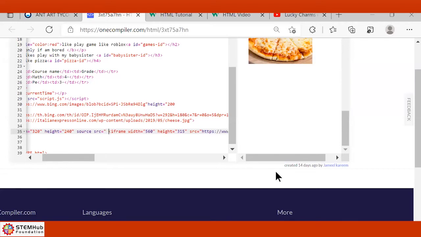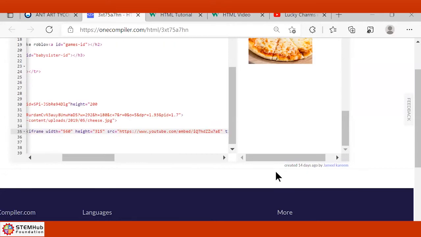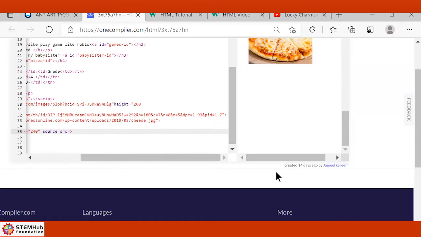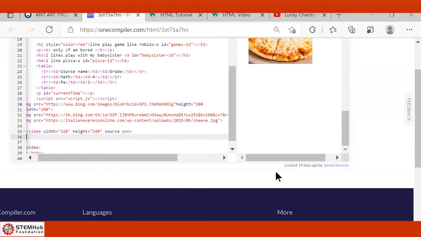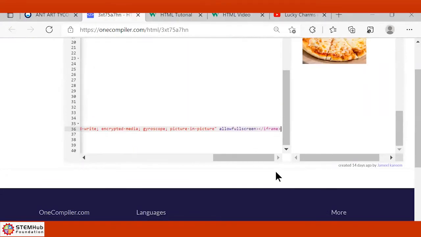No, like make a new row, a new line. And now click paste.